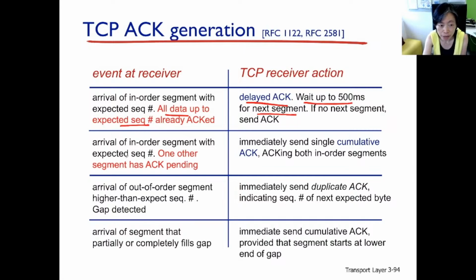So you see here, this is the other condition. When there is a packet coming in and there is already one data packet that is supposed to be ACKed, but the ACK is pending, which means it's waiting for the 500 milliseconds, then we immediately send one ACK, and this ACK carries the sequence number of the later segment. Because the ACK is cumulative, when that ACK comes back to the data center, it's going to clear both this packet and this packet.